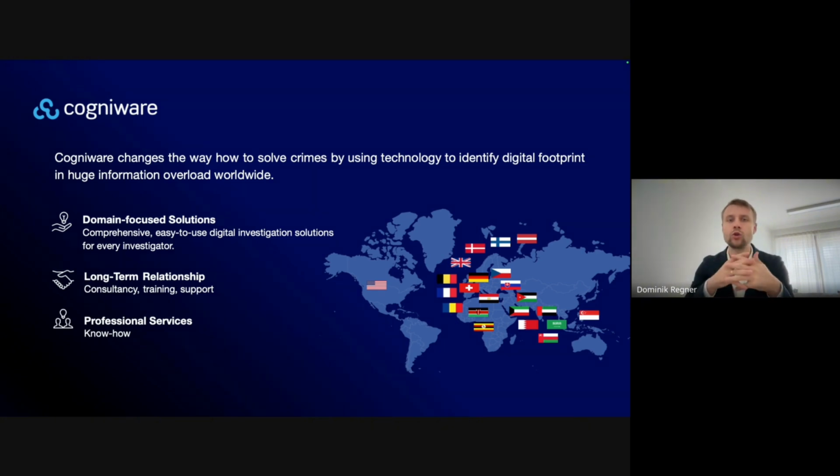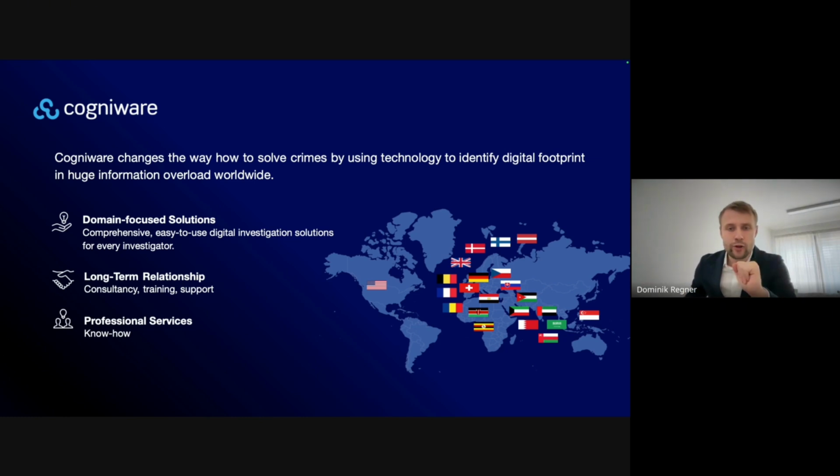We build a solution tailored for the investigative domain, and we support our customers with consultancy, training, and long-term partnership. The result is a complex but easy to use investigation platform that can be used by every investigator regardless of their technical background. One of the topics we help solve is today's topic: how to combat the financing of terrorism.